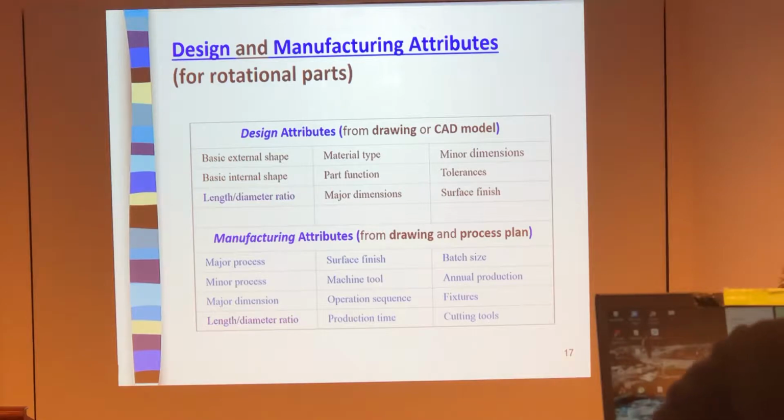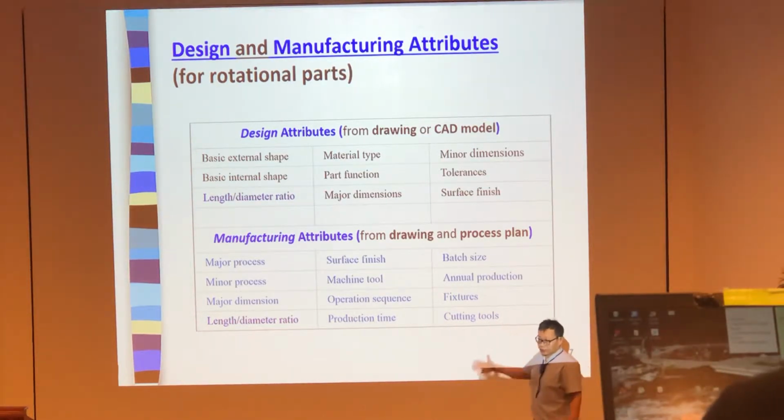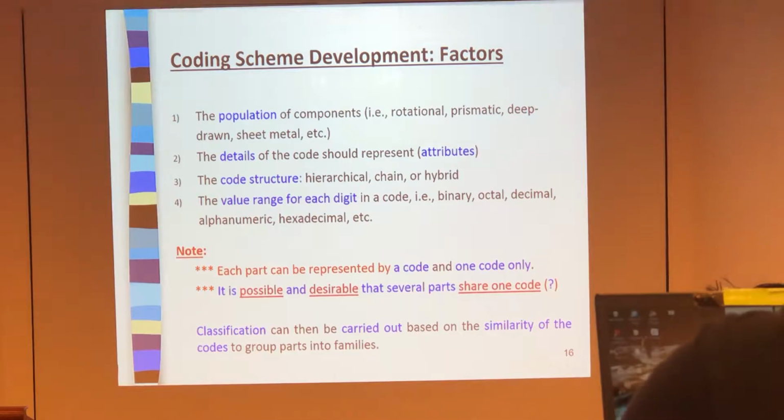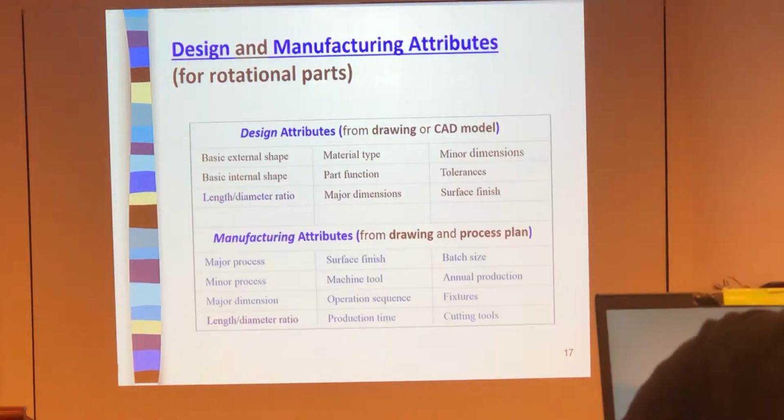Number of digits. The more attributes you choose, of course, the longer the code could be. Okay, these are the important details of the second part. And the third one is the so-called code structure. Code structure may be slightly new, okay? But after I show you the example,